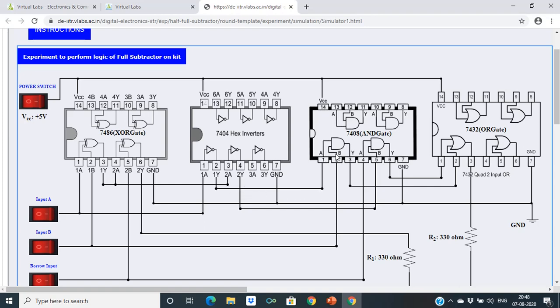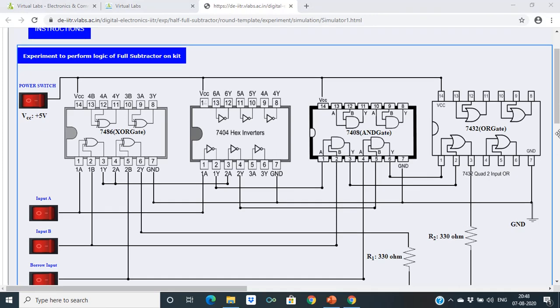So you have a bar b. Now for the second, you are getting a XOR b and its inversion. So a XOR b you are giving here, and you are ANDing it with b in, and finally you are ORing it, and then you are getting the borrow output.